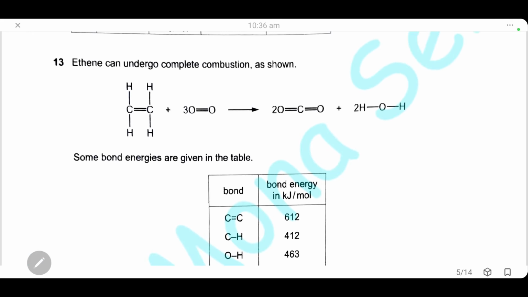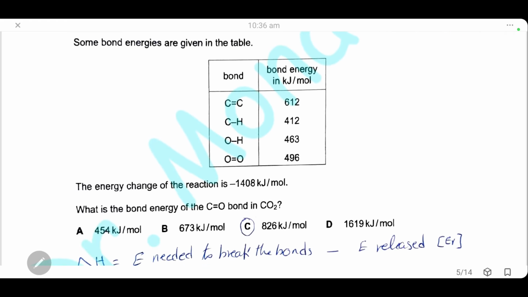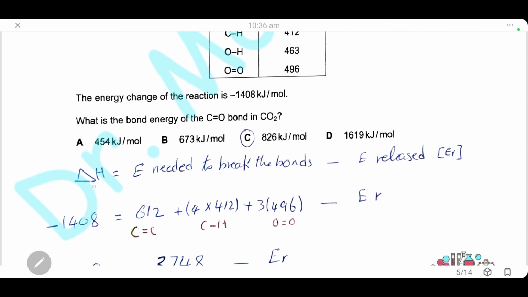So we're going to calculate the energy needed to break the bonds of the reactants, and subtract the energy released when making new bonds of the products to get the energy change of the reaction. So the energy change for the reaction is the energy needed to break the bonds minus the energy released. We have the energy change, which is minus 1408,